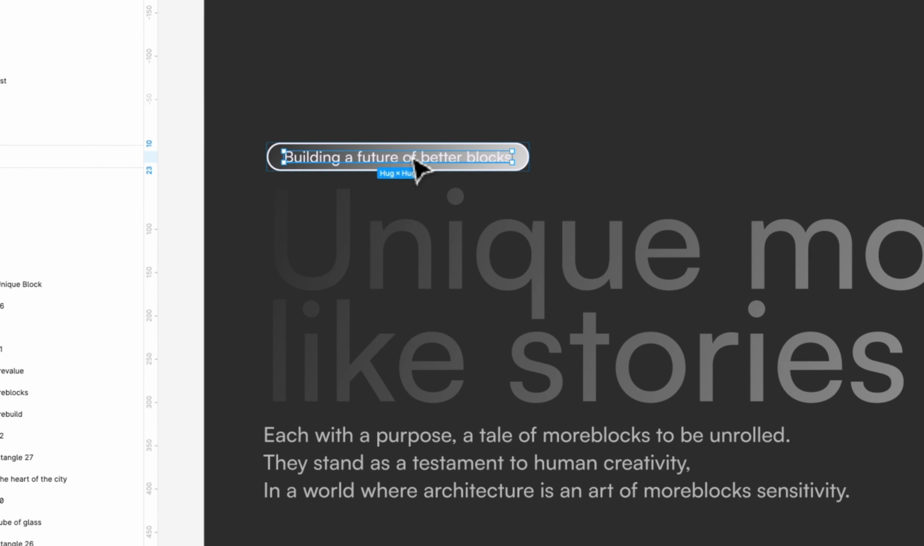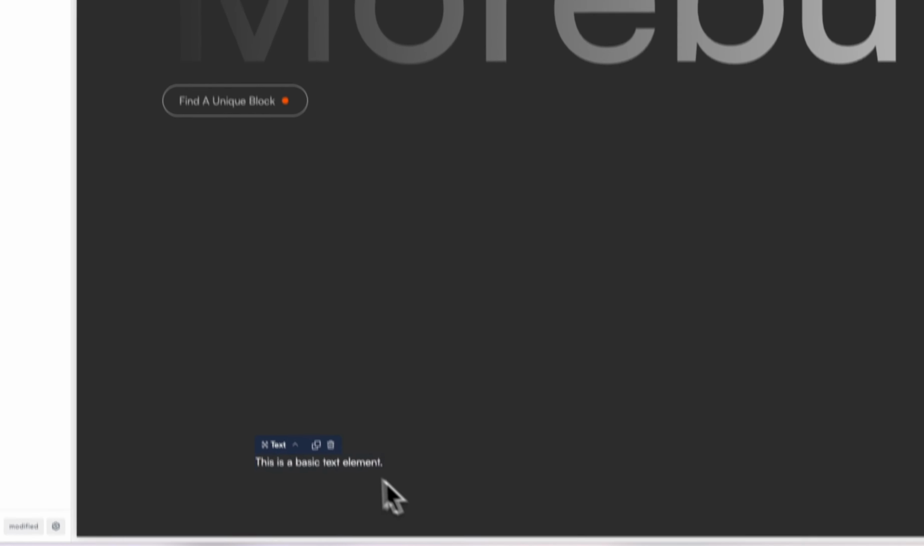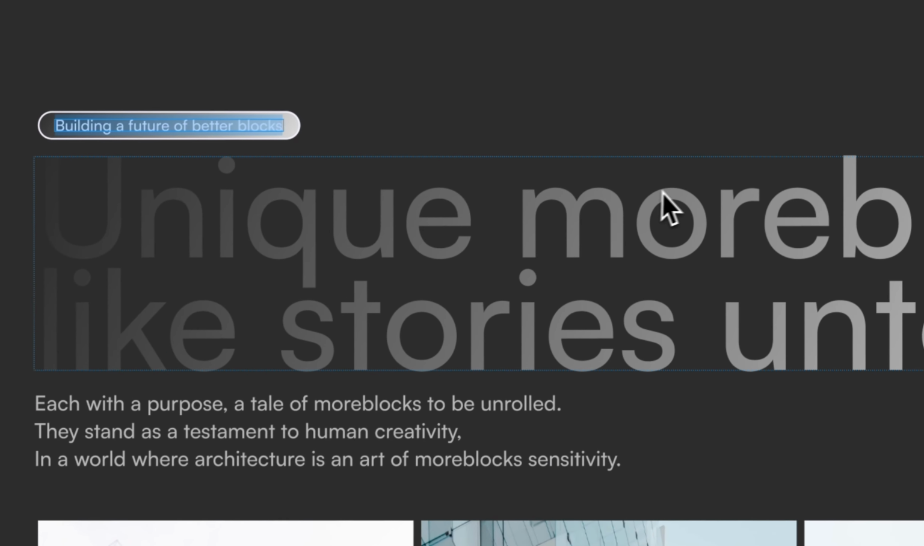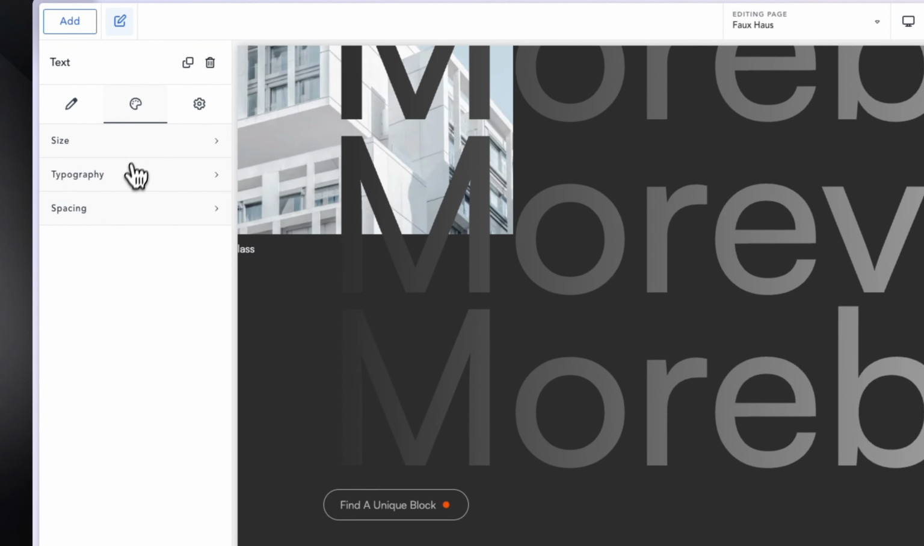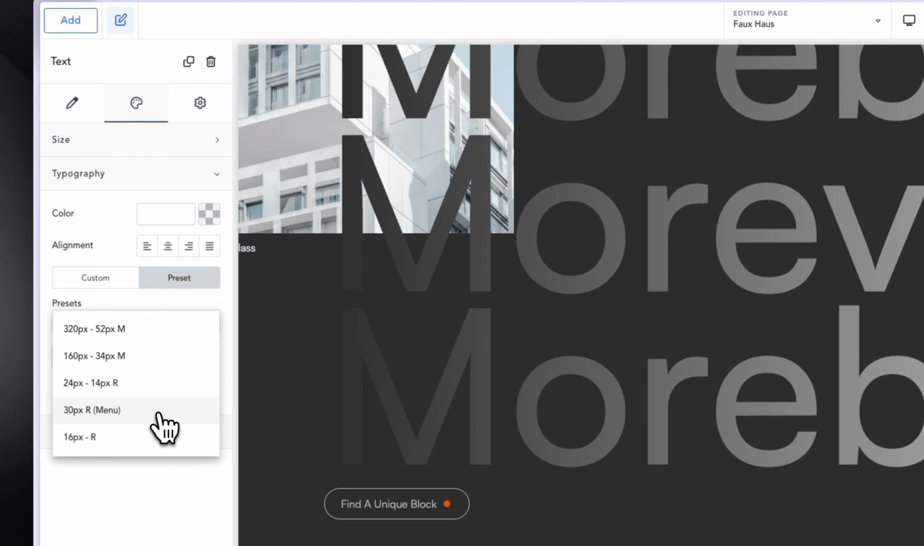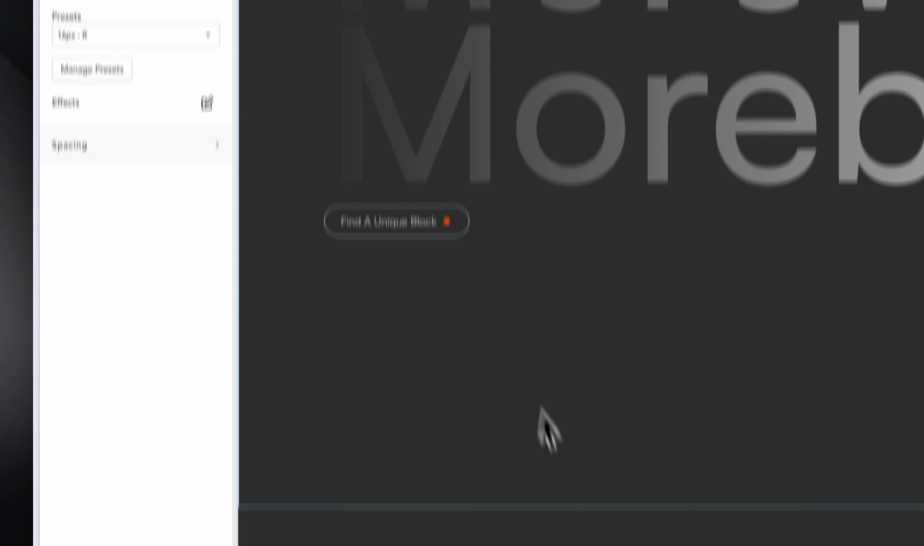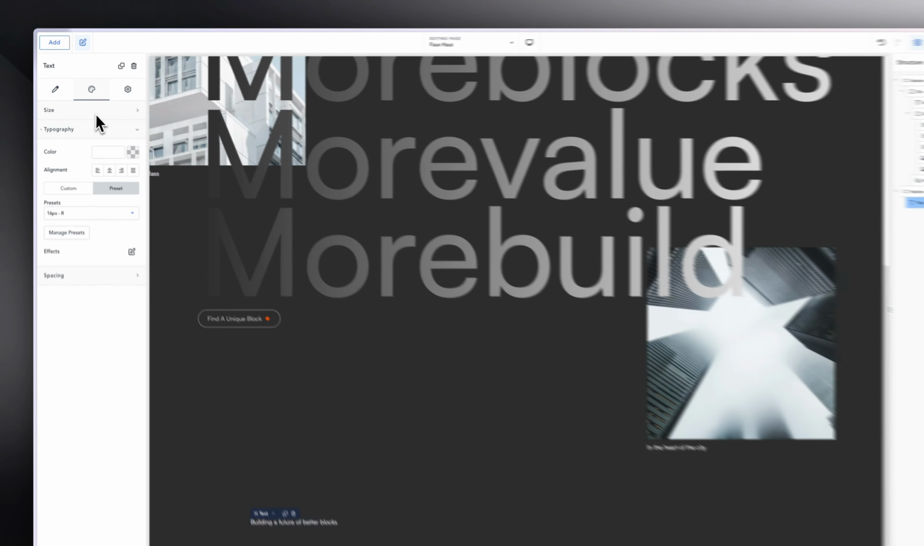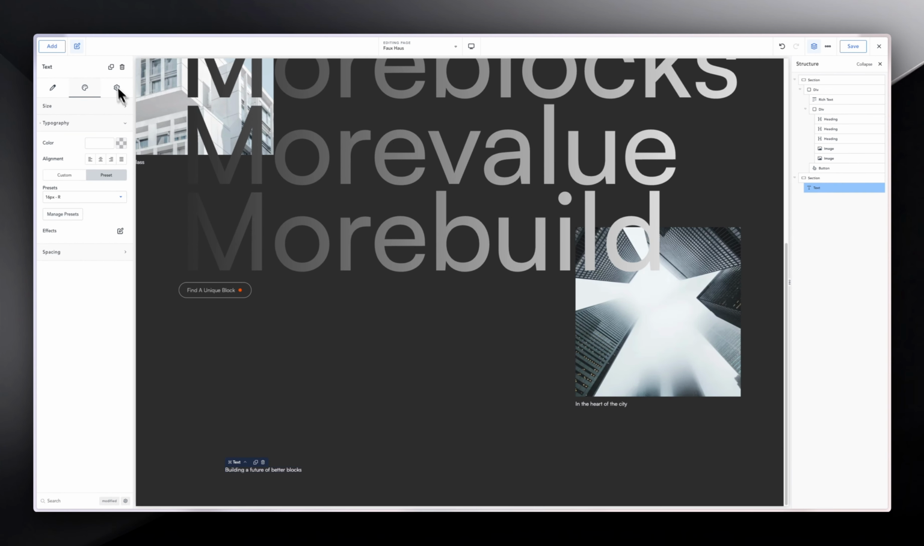So there's our text. Let me copy what we have here, paste everything in here. And the size for that is an 18. I don't think I have an 18 preset over here, so I am going to use the 16, which is fine. And after that, we are going to style this a bit by going into